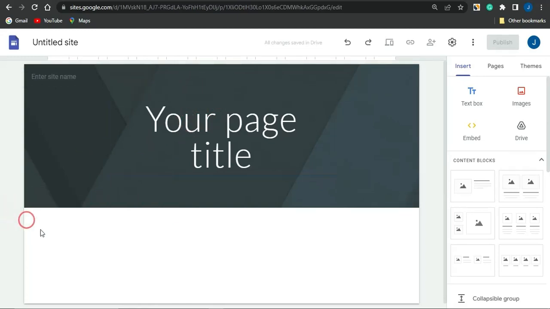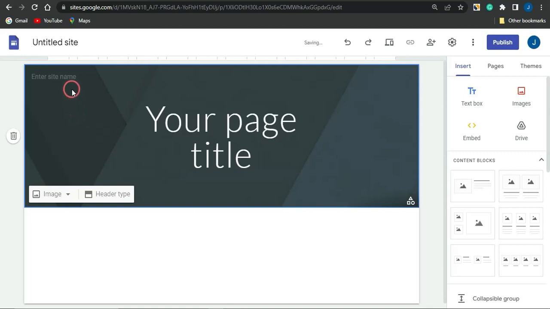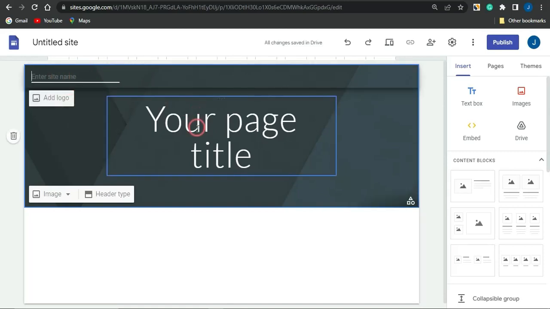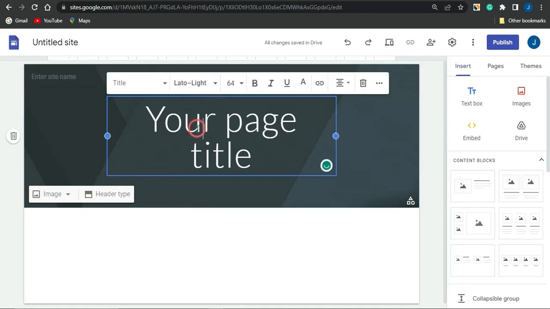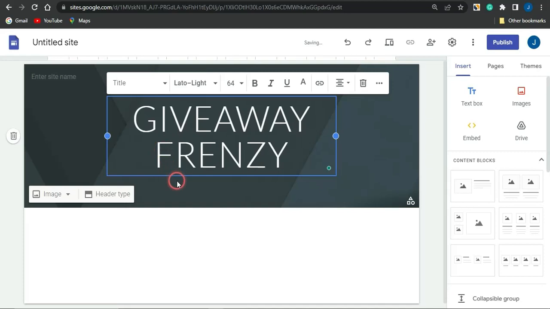So basically, if I come right here, I can simply delete this section if I want to, but I'm going to bring that back because I want to use that right here. You want to just put in your site name in this particular section, and right here I'm just going to put in something related to giveaway. So guys, once I type in a text such as this, which is the giveaway frenzy,